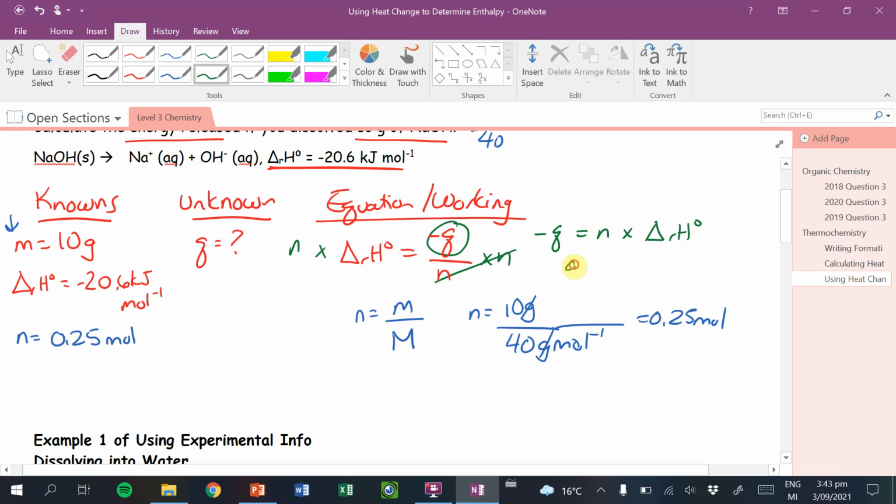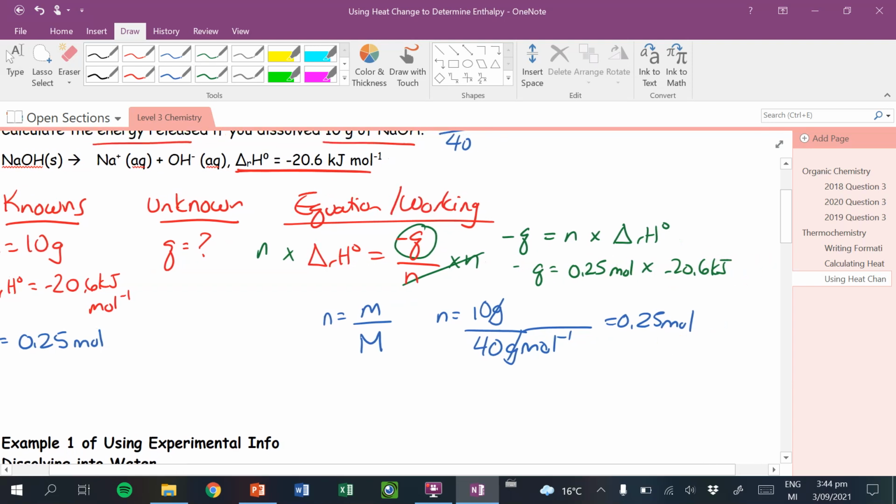So this is going to be a mess. Negative Q equals 0.25 moles times negative 20.6 kilojoules per mole. So again, you can see I'm writing down the units to make sure those cancel out, and that way I figure out my kilojoules. So 0.25